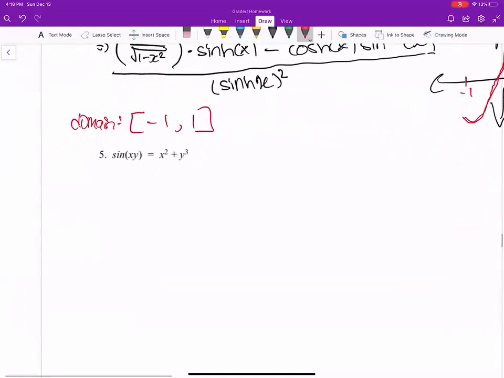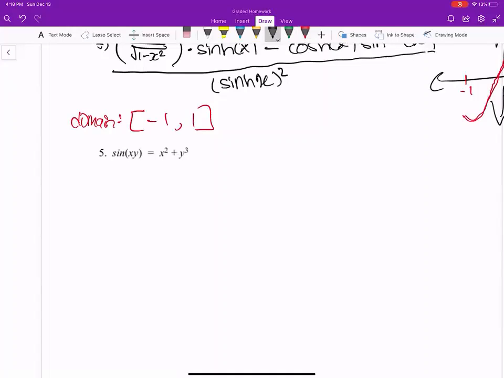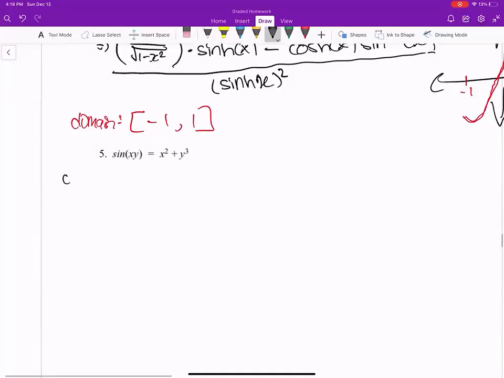Now, here's a last different type of differentiation. This one, you should know right away that since you see both x terms and y terms, you need to use implicit differentiation. So let's apply that here. You would first take the derivative on both sides. So you will get cos xy, but you need to multiply by the derivative of the inside, xy. So times the derivative of xy, you apply product law. You get y plus x times dy by dx. Whenever you're deriving y in implicit differentiation,